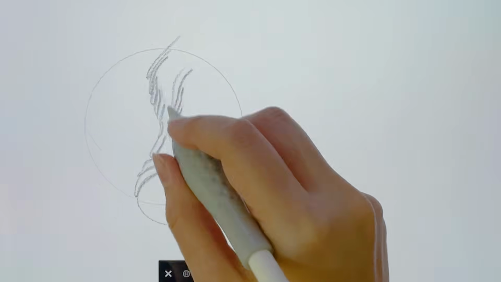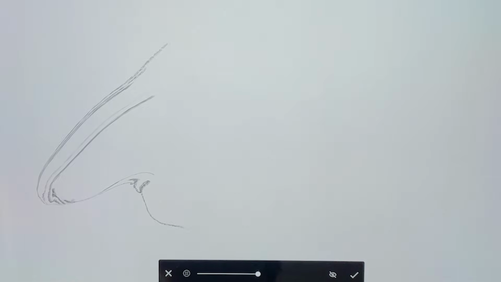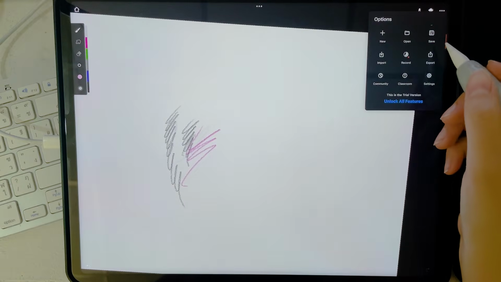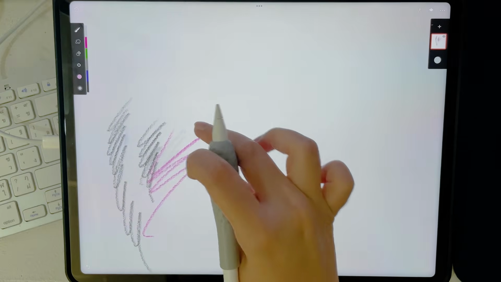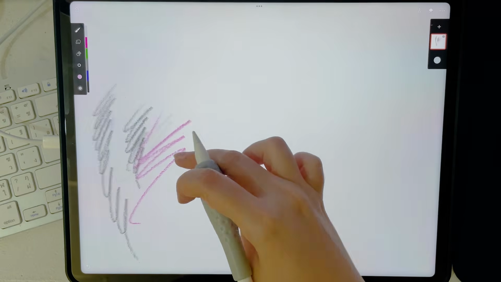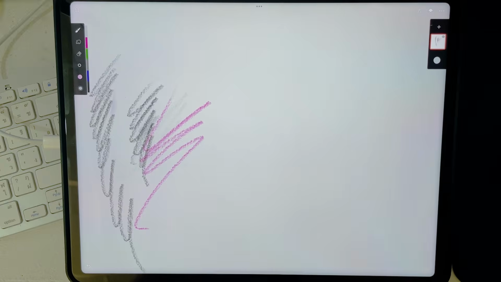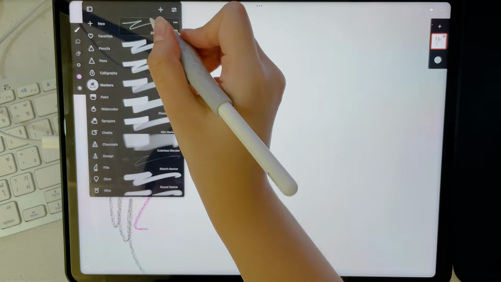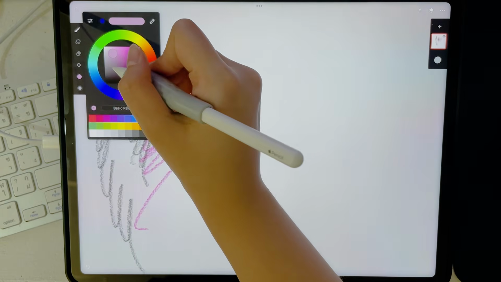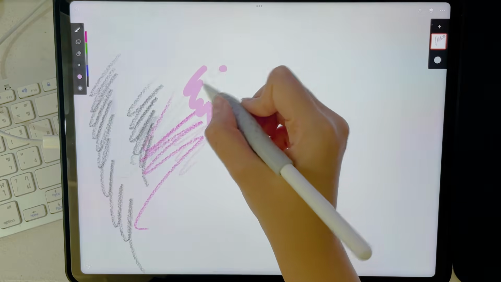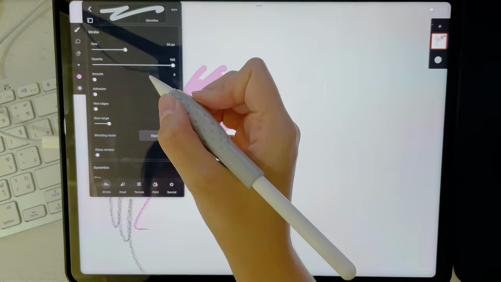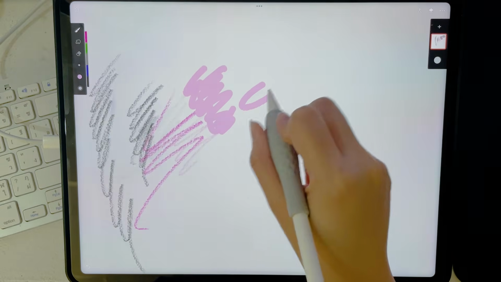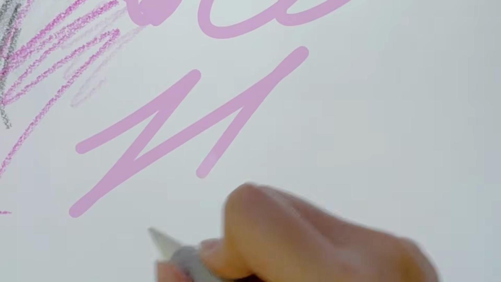Okay, there's a low FPS to it, but that's fine, I guess. Oh, you can lock the rotation. So you don't accidentally rotate and make it flip around. This is good. Yeah, it has a lot of options for you to customize. What about the stabilization? So it's called smooth. Okay, and God, I have so many taps to get to the settings. Hyper smooth. It's just like Procreate, but why is it low FPS?